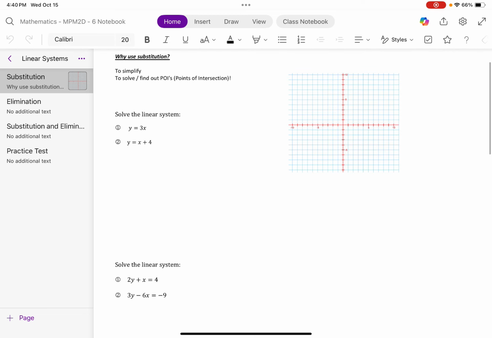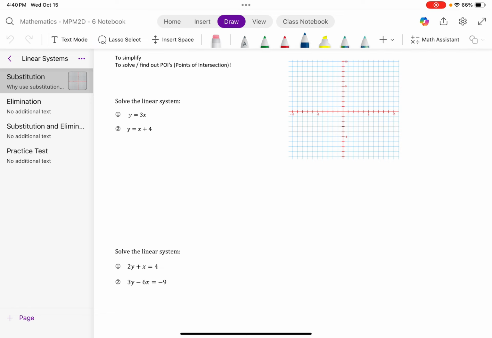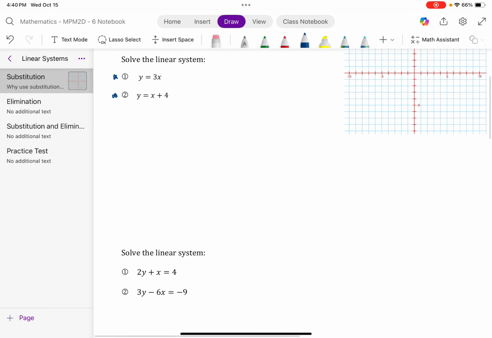So let's say we're given a question here, solve the linear system. In this question, we've got two equations, both linear equations, and we need to solve for that point of intersection. So first things first, we can label our equations 1 and 2. I like to do that as well. Once you have them labeled, we are essentially going to substitute 1